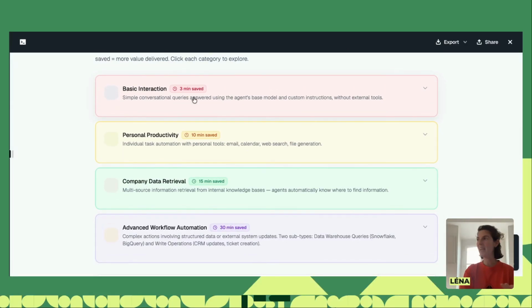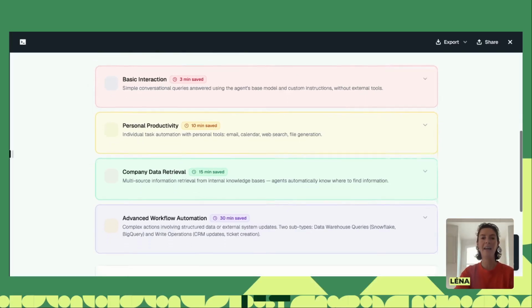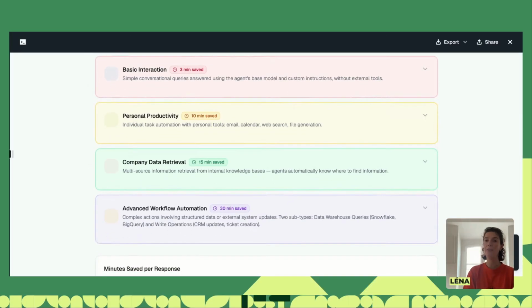So it can be 3 minutes, but also what we are discussing with customers is that this is an assumption from our side. It's totally flexible. We can change it, we can adapt it, but that's a very simple way to have all the output from your workspace, divide them in 4 categories, and then obviously very easily multiply and have the total amount of time saved that you can then translate into FTE, into money, into whatever you want, but we stop at this stage